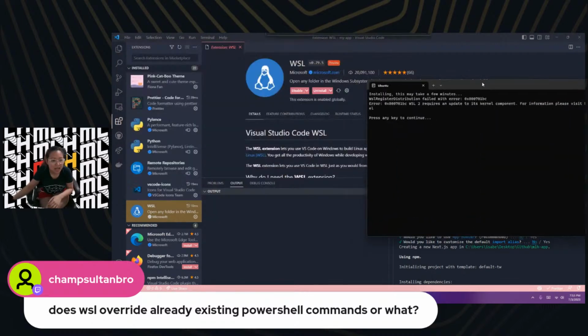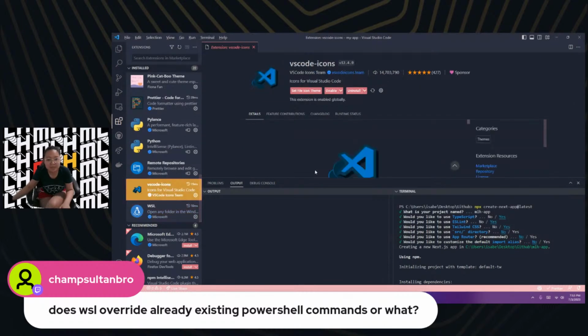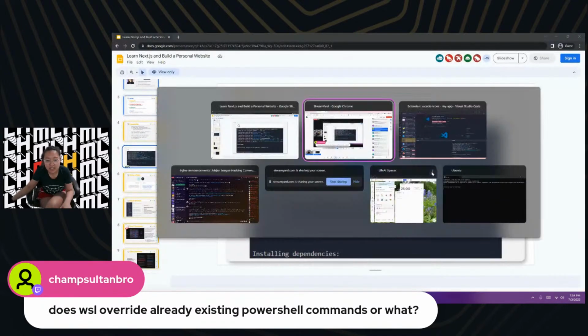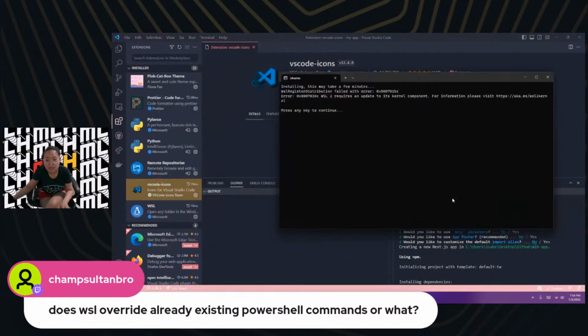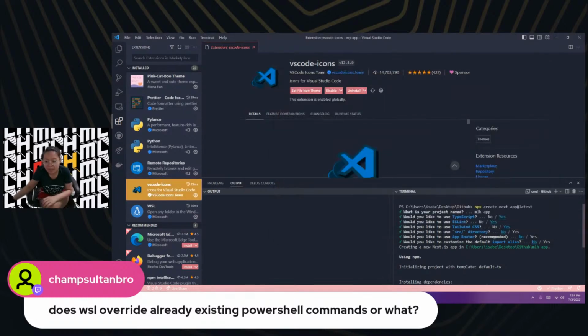My bad. Someone asked for the icons. It's right there. But anyway, sorry. Going back to, so Ubuntu will be its own terminal. I probably just have to look up this hex and then it'll solve my problem. I've just been a little lazy about that. But once you're in VS Code and you have Ubuntu set up, it won't override PowerShell because it'll just be another one in this dropdown, where you have Git Bash as a separate terminal, you have PowerShell as another terminal. So it won't mess with anything too badly.